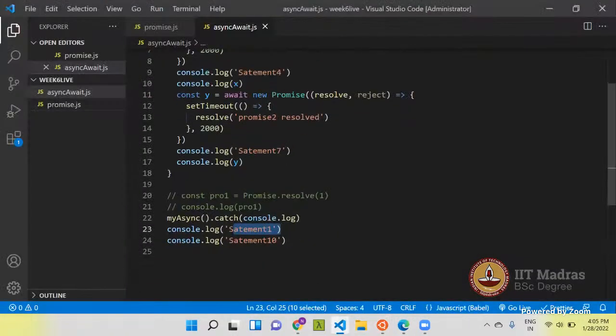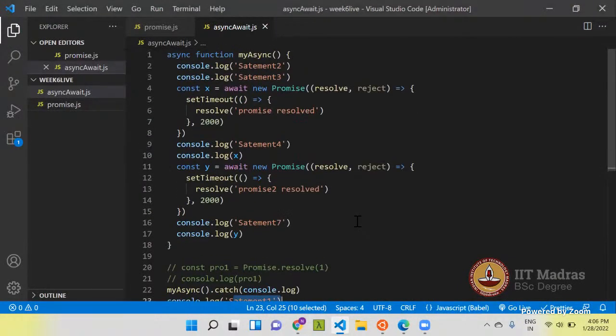Are you guys able to follow how the control inside the async function is working? The only catch is when the await keyword comes inside the async function.